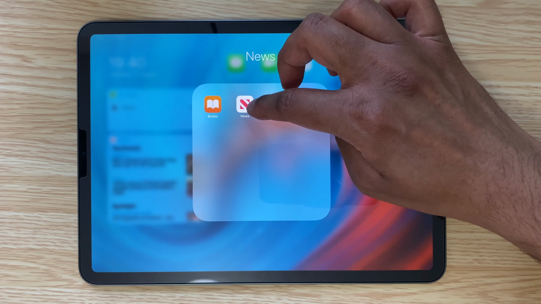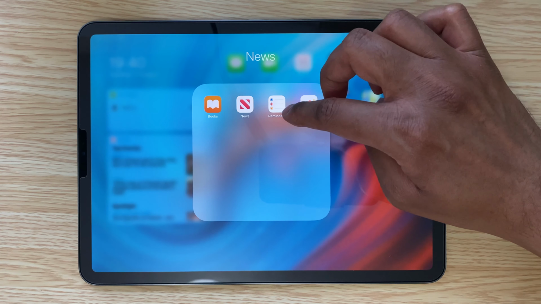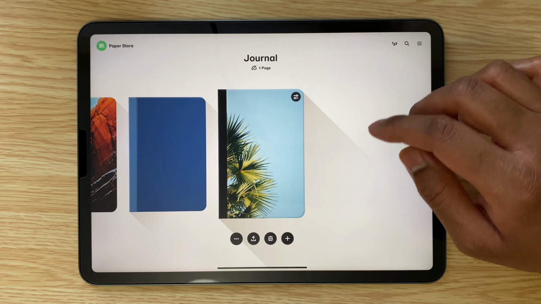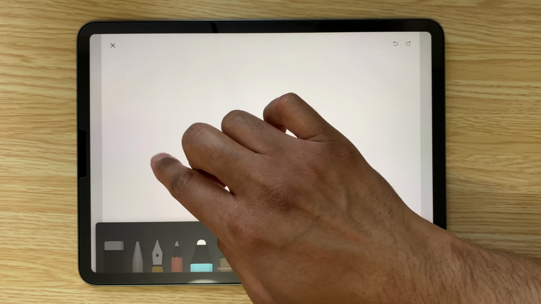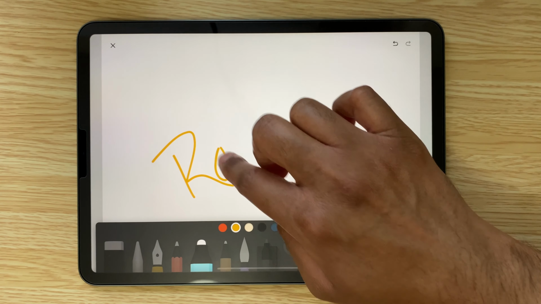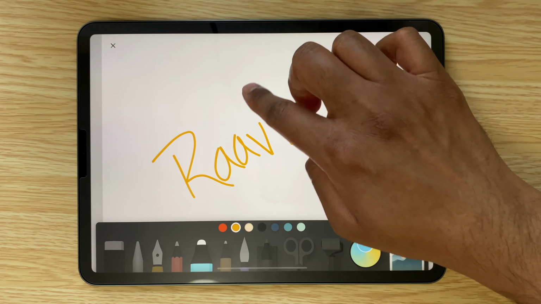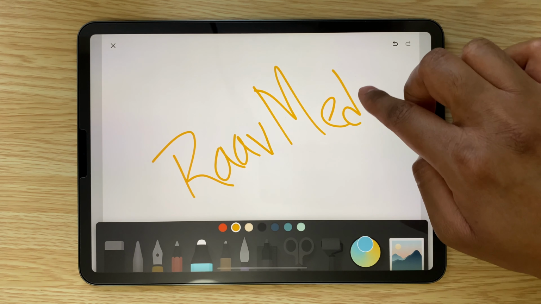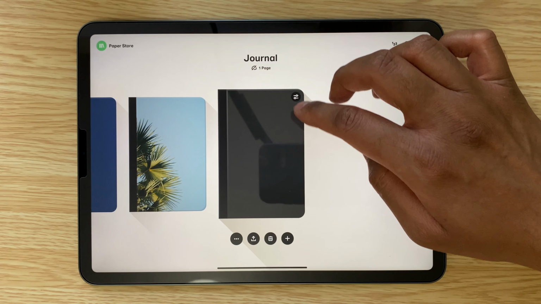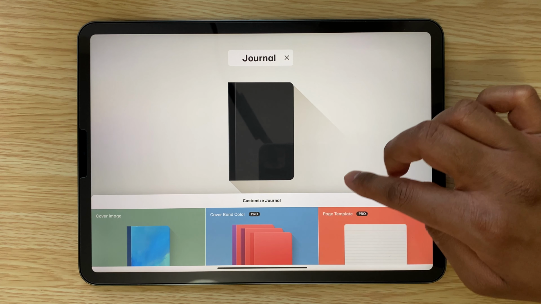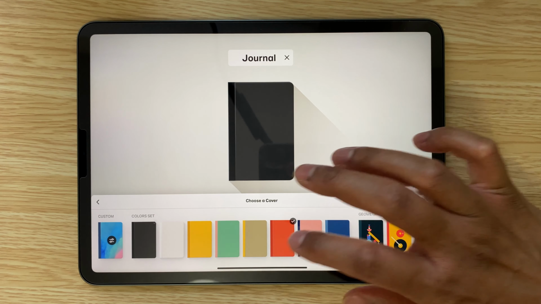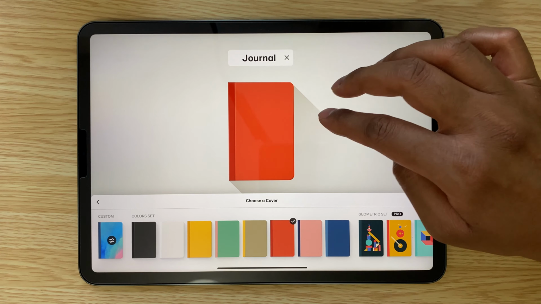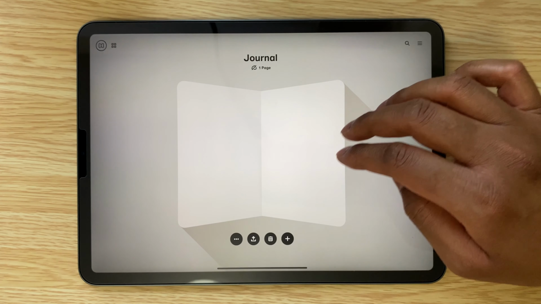Then I have the default reminders app, and then I have an interesting app called Paper. This is really a sweet app and it allows you to create diaries with custom covers. You can scribble and draw something or even write notes. It's a nice way of keeping journals. You can make do with the free version, as the premium version will give you extra covers and extra features, but I think the free version does cover most of it.